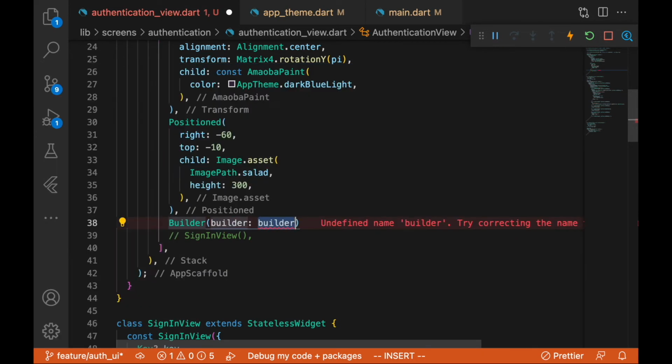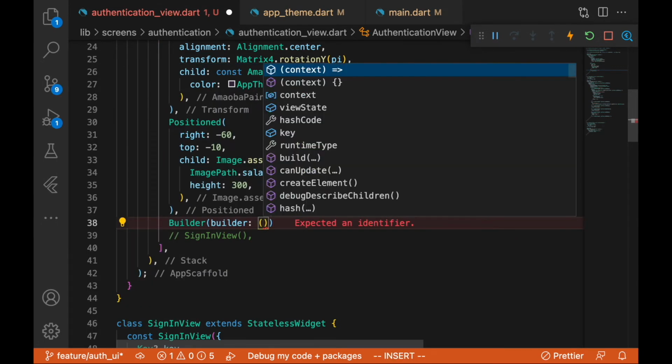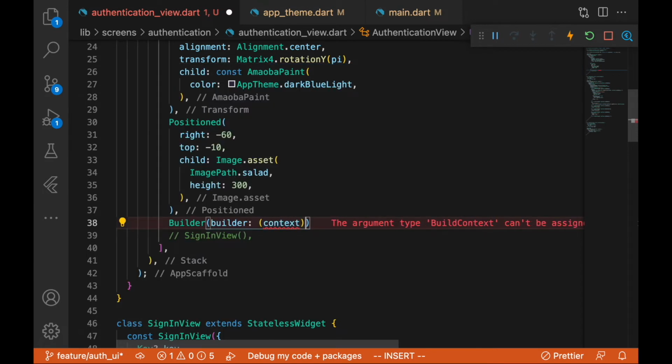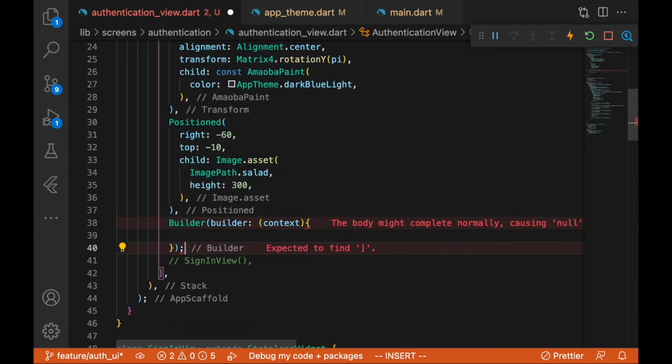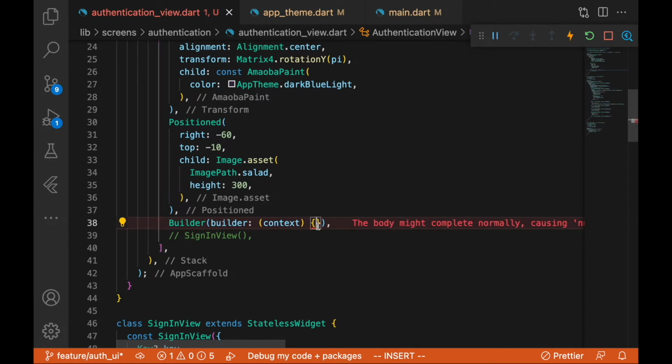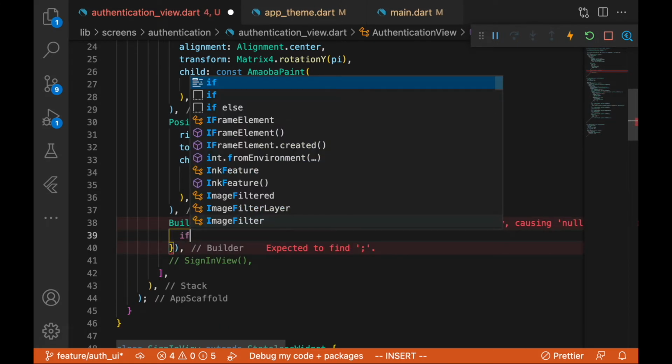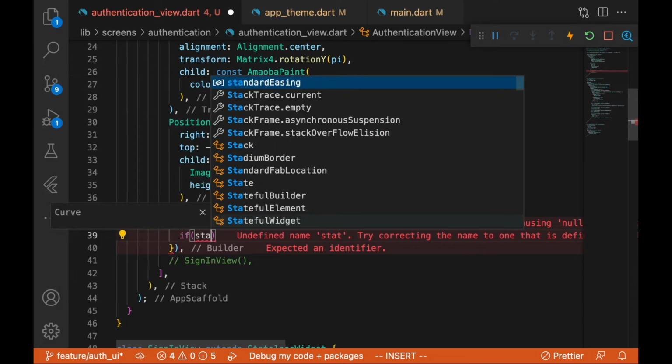We are going to add the builder widget, and what this builder widget is going to do for us, we're going to use it as a way to use our if else statement, so we can run this very well. So we'll do view states,